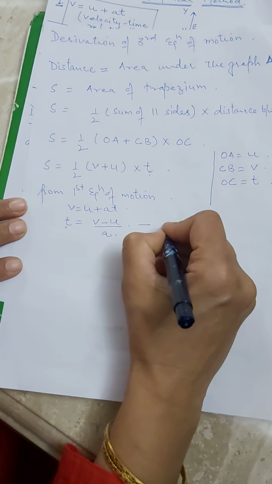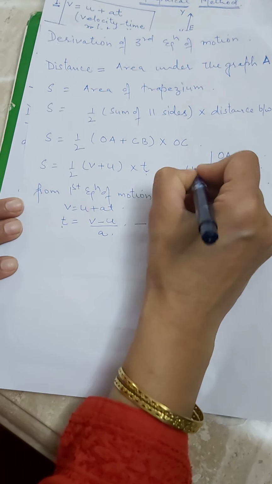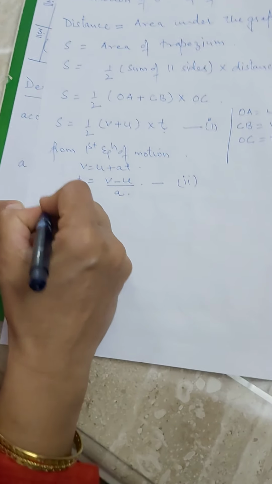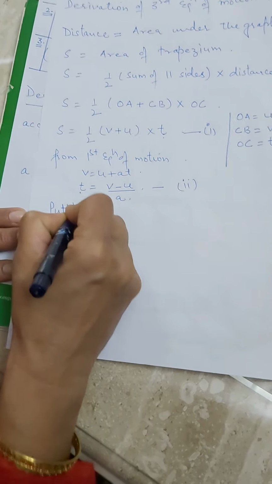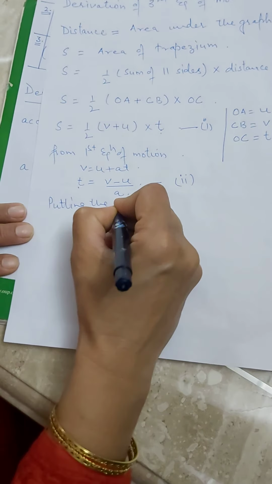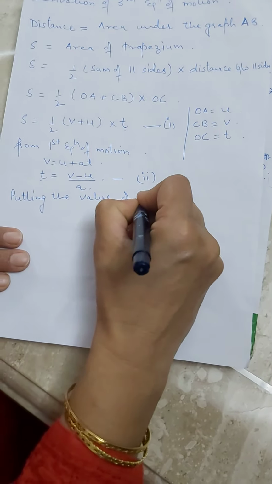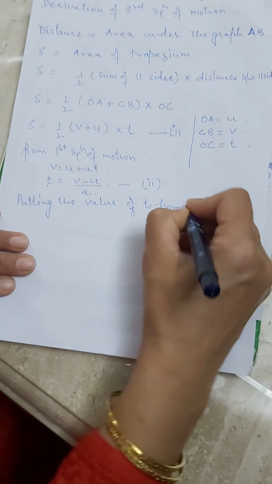Suppose this is equation 1 and this is equation 2. Putting the value of T from equation 2